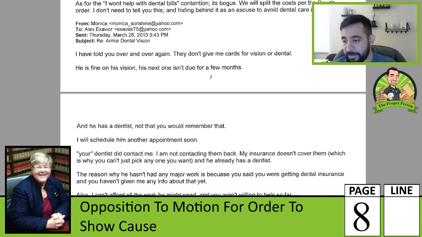Again, guys, this is the typical tactic. Number one, she doesn't tell me who is covered, and she doesn't give me the cards. And then in that same hand, she's like, first, I'm not going to give you the information, and then I'm going to make fun of you for not having the information. She tries to set herself up for being able to attack my character by not giving me the things that I need to come up with what it is that she wants. So in this case, she's like, make sure you pick a dentist that's in network. But by the way, I'm not going to tell you which ones those are. We've already talked about this, but this fits into the approach to the high conflict text.